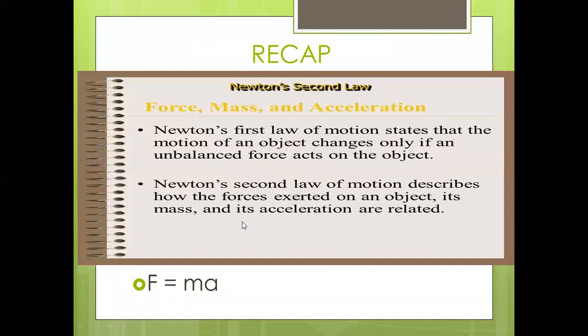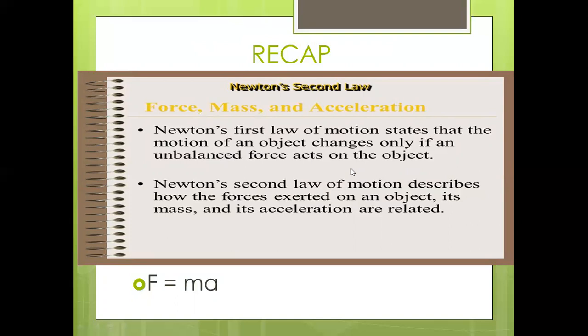Newton's first law of motion. The statement is that the first law of motion states that the motion of an object changes only if unbalanced forces act on the object. That is, if the object is in a state of rest, or if it is moving with constant speed in a straight line, it remains in its state unless a net force or an unbalanced force acts. According to Newton's second law of motion, if there are unbalanced forces acting on the body,